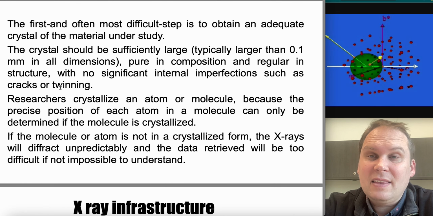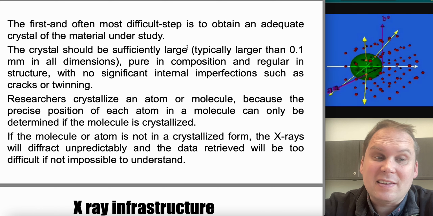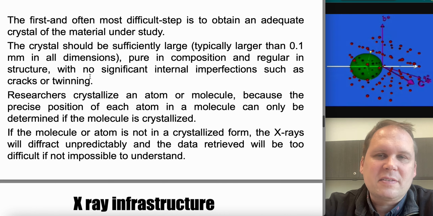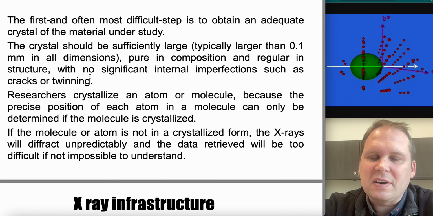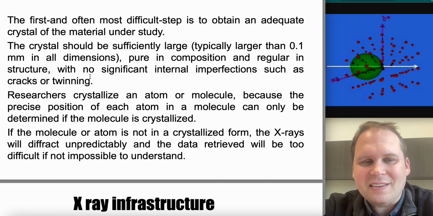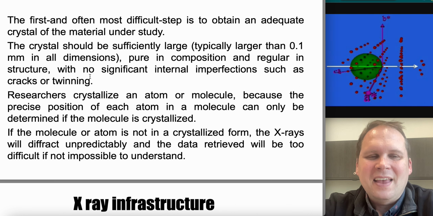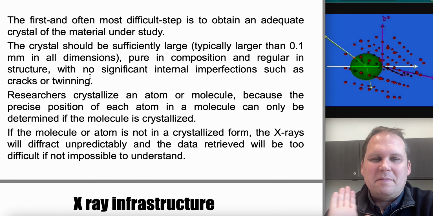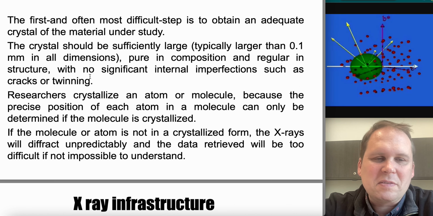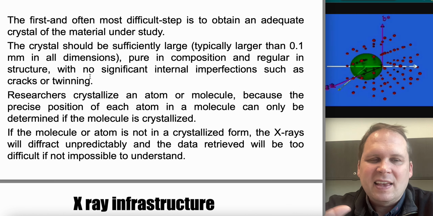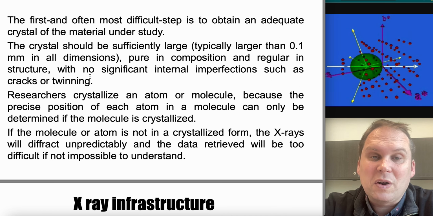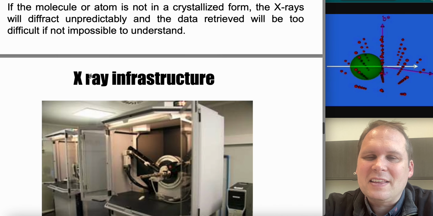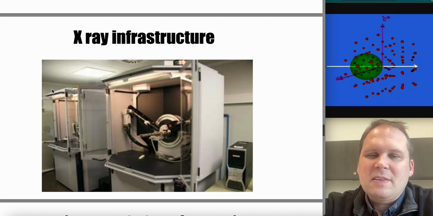Okay. And then the often most difficult step after this, not the first step, is to get an adequate crystal. Because there are certain crystal orientations that are absolutely useless for X-ray crystallography. You need a nice three-dimensional array where you've got asymmetric units packed in all the different dimensions. There are a couple kinds that work well and a few other kinds that are very common and are utterly useless. And so then you can put it in a little